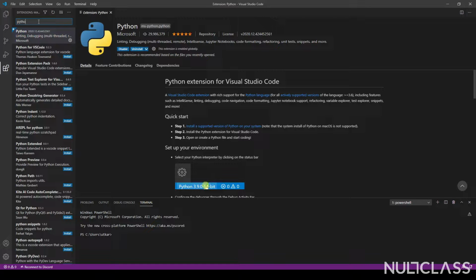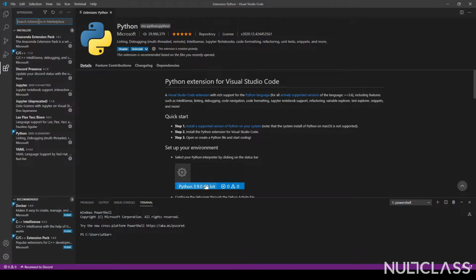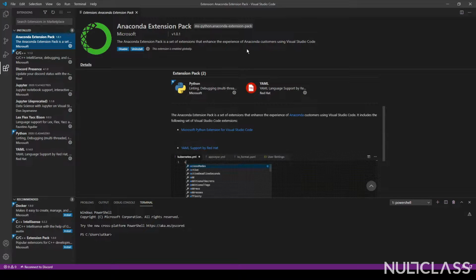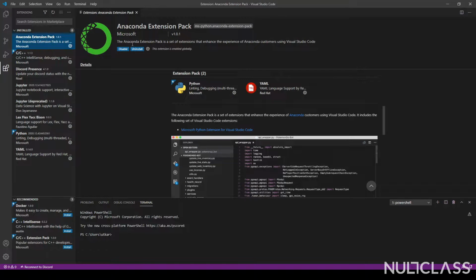The next thing you'll need to install is Anaconda extension pack, and similarly you will install it by clicking here. In my case, it is not coming because I already have installed this extension pack in my system.